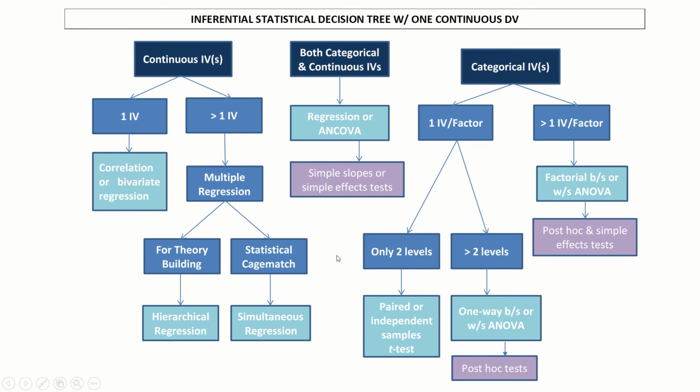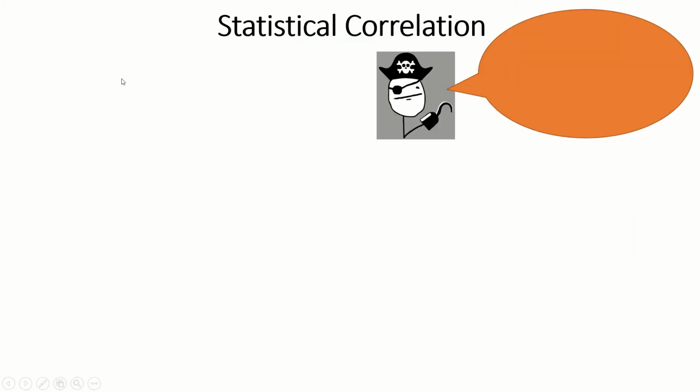But unfortunately, we'll never get to discuss the analyses here in the middle, where we have both categorical and continuous independent variables. So we have two independent variables. One of them is categorical, one of them is continuous, and unfortunately, we just don't have time in the class to go over those situations, because we encounter those situations actually quite often. But anyways,